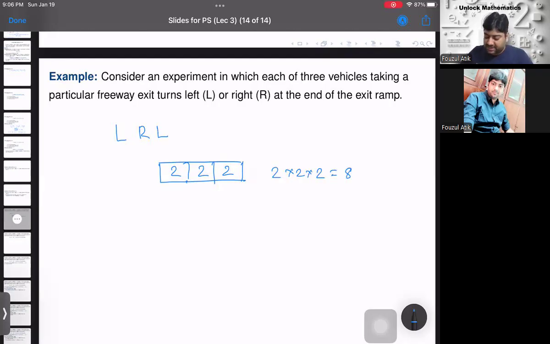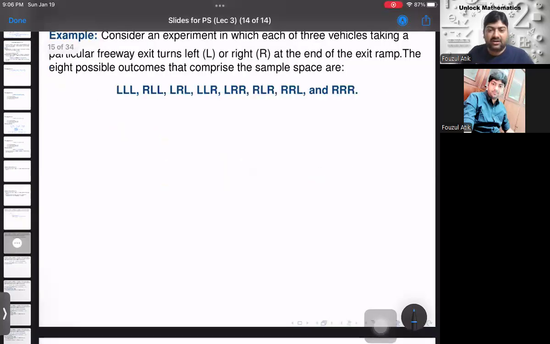Correct? And what are these outcomes? They are this list. So all 3 of them are getting left direction. First one got the right, other 2 got left. In this way, you got that 8 possible outcomes: 1, 2, 3, 4, 5, 6, 7, 8. Clear? Now we'll discuss that